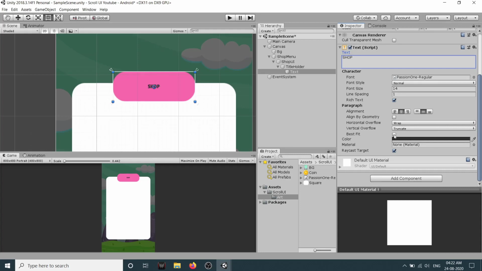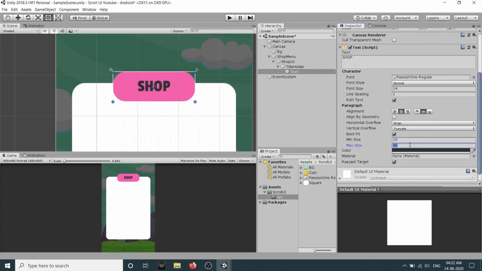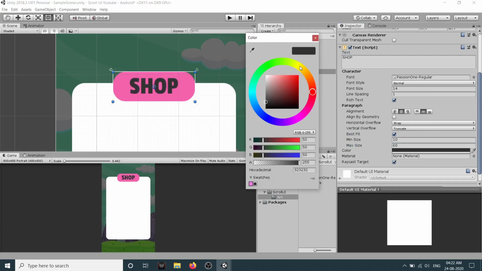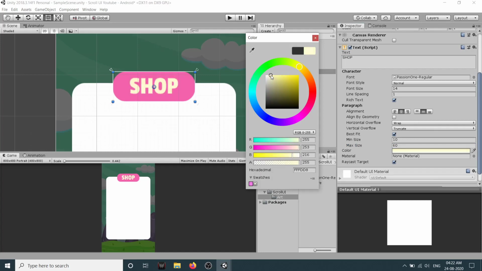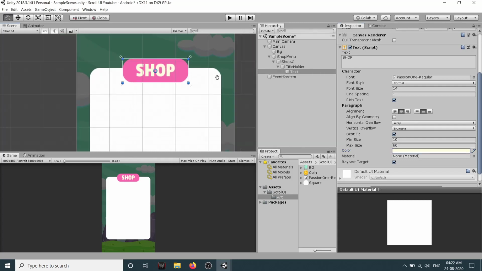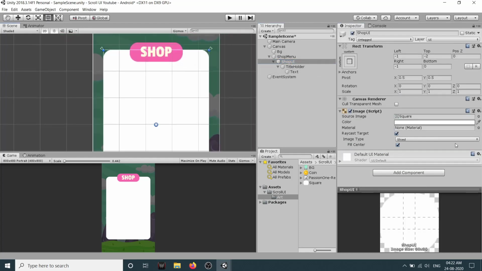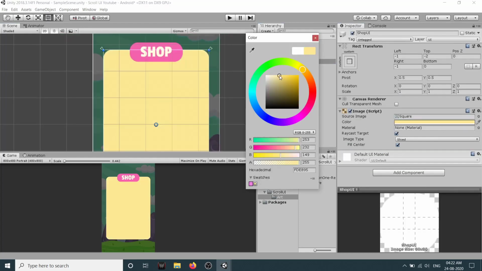I will make it best fit and let's set max size to maybe 60 and this maybe we can set it to somewhat like this. Okay. And for shop UI, we can make it something like this.